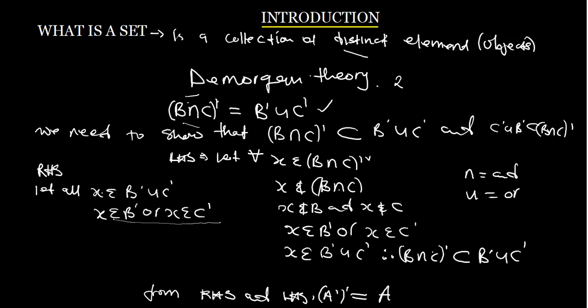It was the intersection, it was the union. So now I want to take it into intersection, then we'll be ready to go. So what we do is we are saying x now. Our target is to reach this point here. So how are we going to achieve that? So now I'll say x is a member of